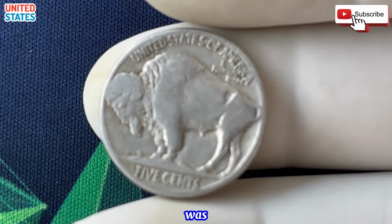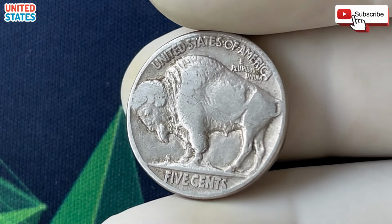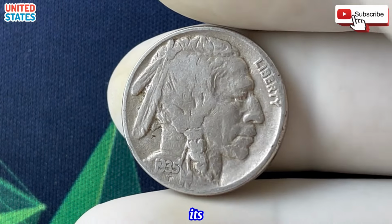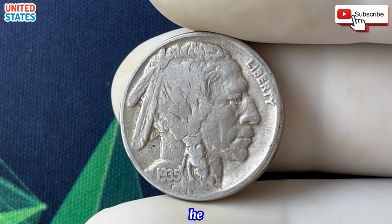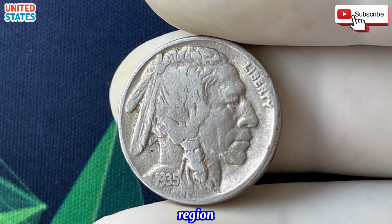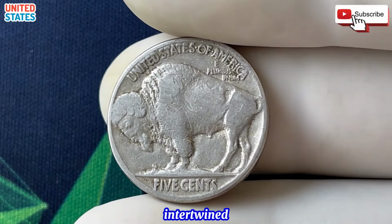The buffalo nickel was first introduced in 1913, designed by the celebrated sculptor James Earl Fraser. Fraser wanted to create a coin that captured the rugged spirit of America and its roots. His inspiration came from the memories of his childhood spent in the Great Plains, where he experienced firsthand the natural beauty and cultural heritage of the region. The coin became a tribute to both Native American tribes and the bison, two symbols deeply intertwined with the history